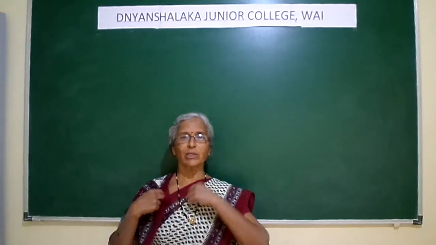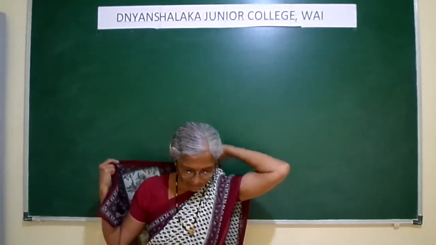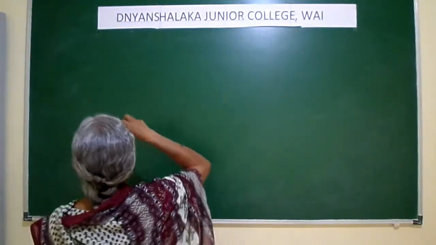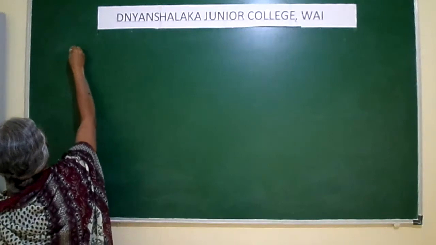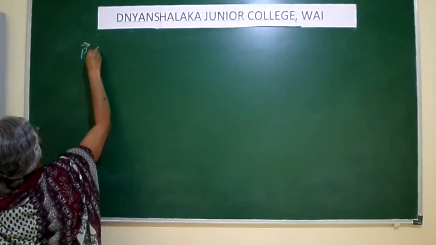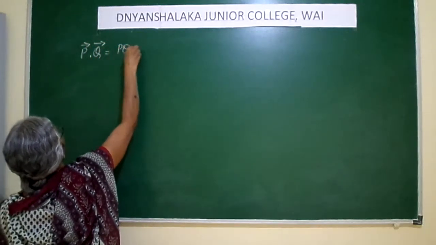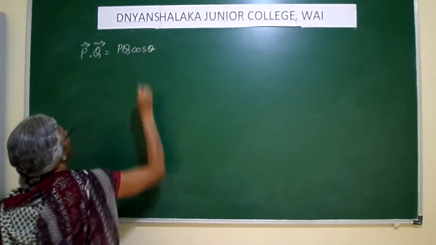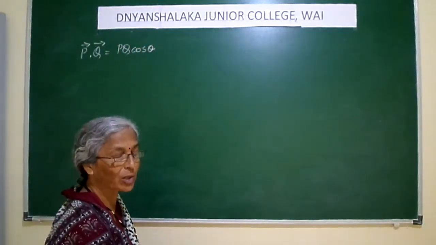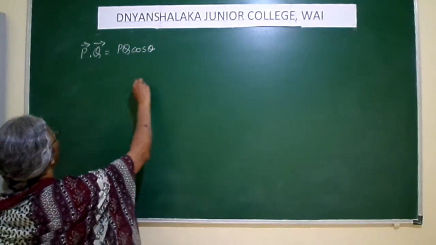Okay. So let us just revise these cases before we go for the next characteristic of the scalar product of the vectors. Now we have seen that, what do we know? That for two vectors, say vector p and vector q, vector p dot vector q is equal to pq cos theta. This is the scalar product which is defined for vector p multiplied with vector q, and the multiplication is a dot product or a scalar product.